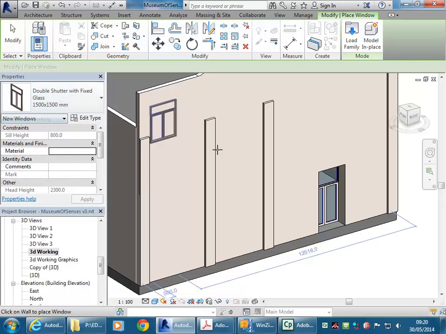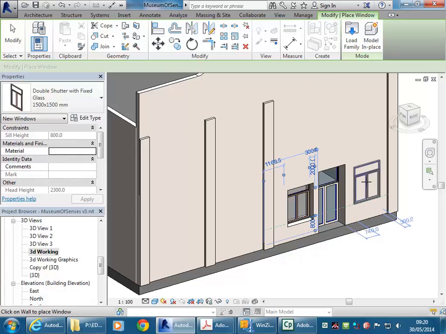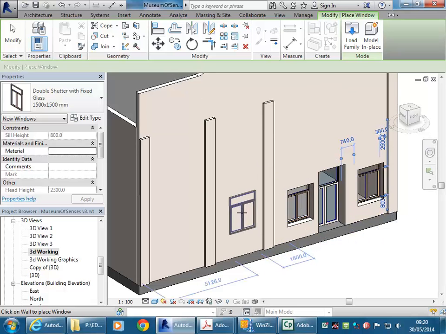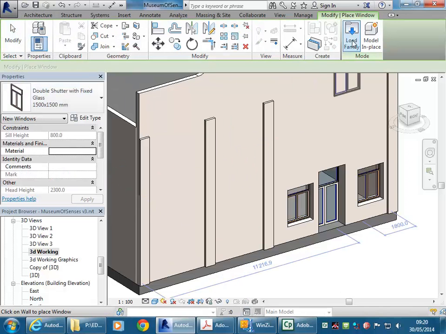So 1500 by 1500 is the size for those lower level windows, and then you could just place them fairly roughly at first and then line them up in the elevation afterwards. The upper level windows, same thing. This one,